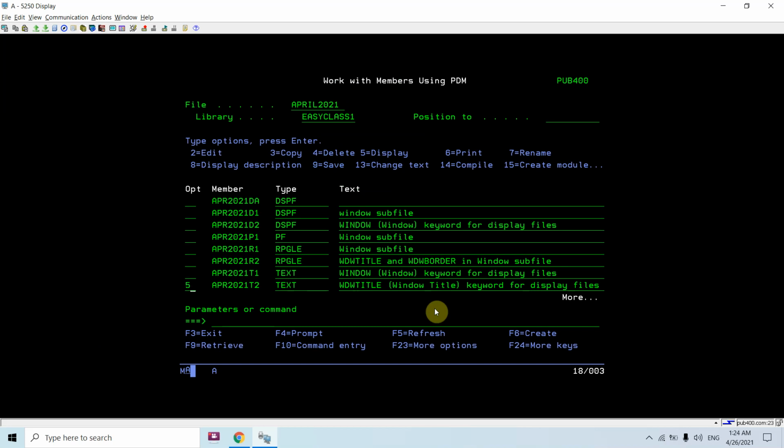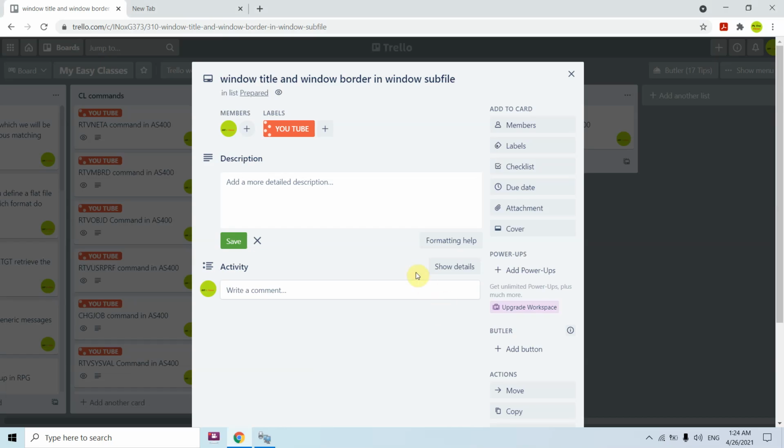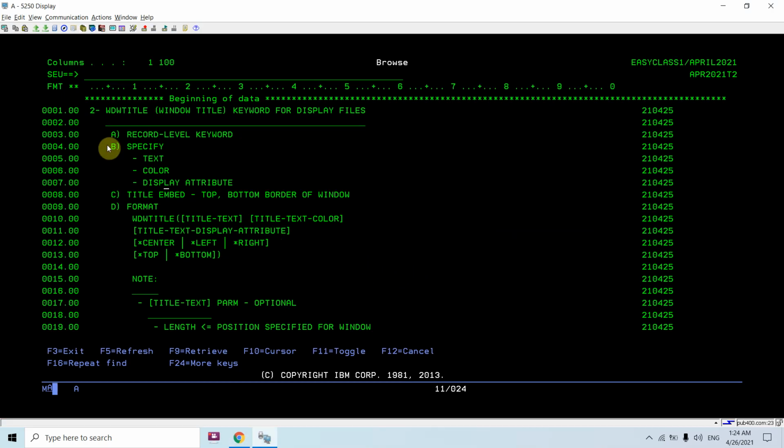I have written some important notes to explain all these things: the window title keyword and the window border keyword. The window title keyword, we know, is a record level keyword. As we have seen, this is defined inside the record format, so it's a record level keyword, and the window border is also a record level keyword.